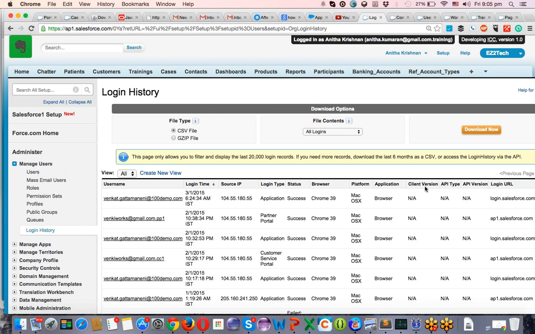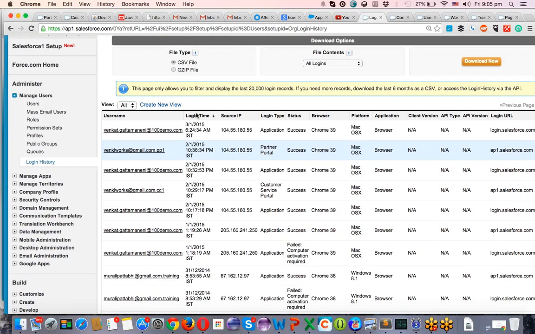Guys, you can use this username, training.salesforce4@gmail.com. This is the email and password is this. Same email and password, you can use it for the Salesforce login also. That is the login for Enterprise Partner Developer Edition, where you can access a lot of resources. I will show that after showing this login history.